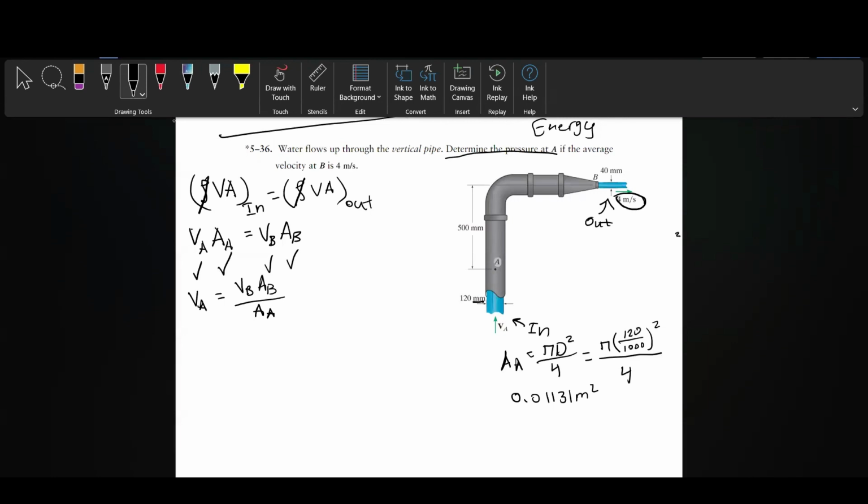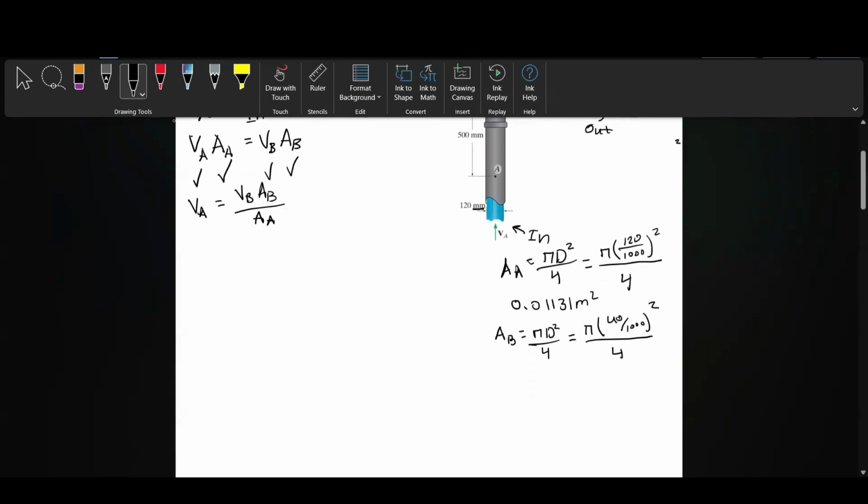Area at B is going to be, again, the same thing, pi d squared over 4 equals pi times 40 over 1,000 squared over 4. And then we get AB equals 0.00126